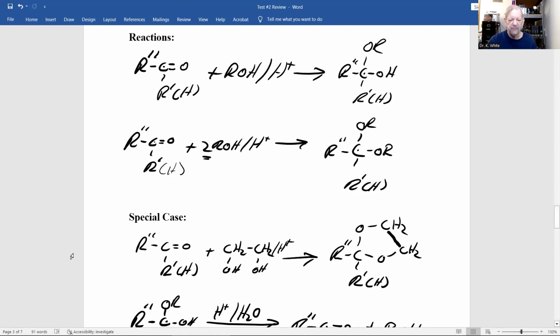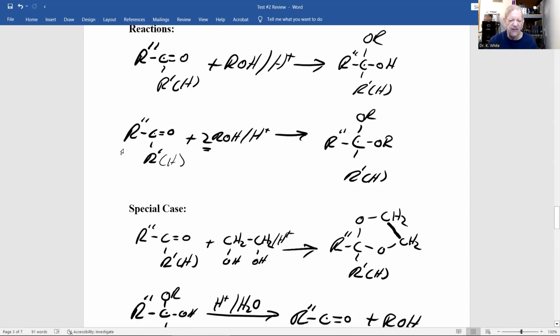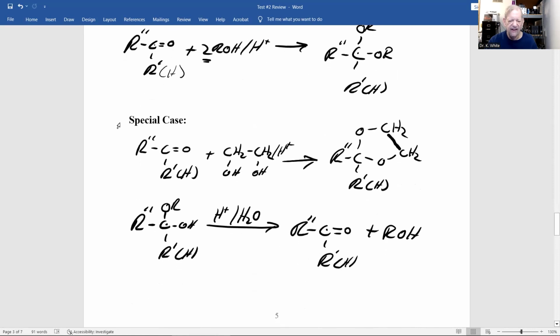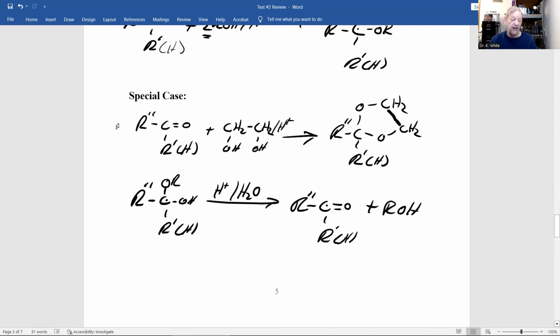And there, aldehyde and ketone, now 2 molecules of an alcohol with an acid catalyst, and you form an acetal or ketal. Now, these 2 reactions here, Mother Nature uses to make carbohydrates, which we'll talk about later in the semester. Now, a special case of the second reaction was created, really, wasn't discovered, he created it,